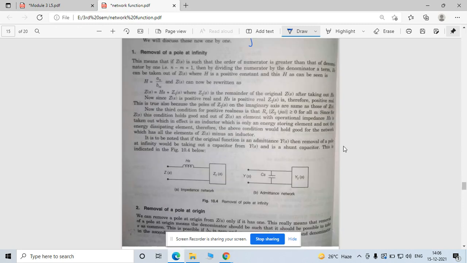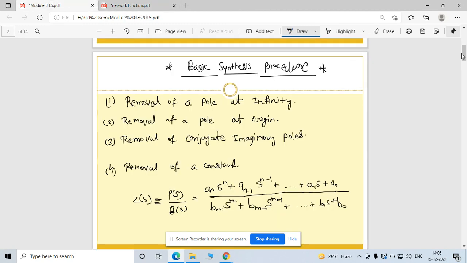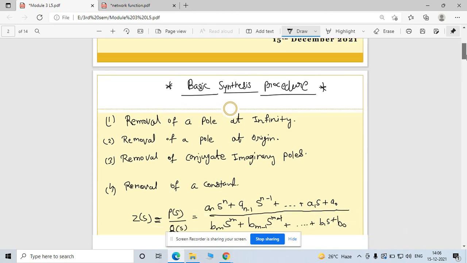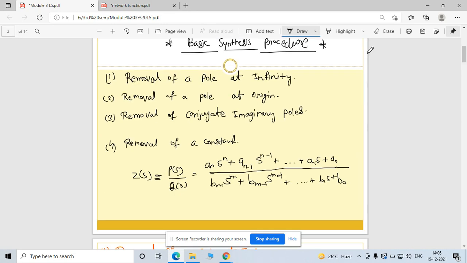Now, first one is removal of pole at infinity. For any network, you can define a transfer function, or you can define an impedance function, in A by B form, right? For example, in a transfer function, if the numerator degree is not equal to the denominator degree, then